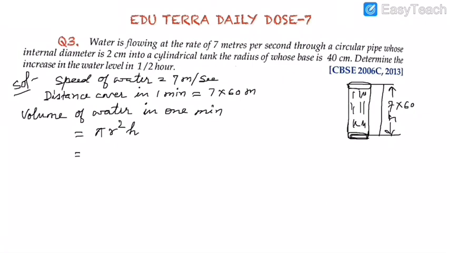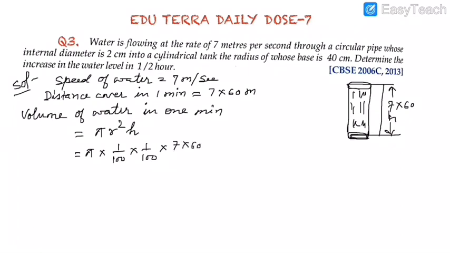So students, here don't substitute the value of pi, because when you will equate with the cylindrical tank, pi will be cancelled. Okay, try to learn these tricks. How can you solve, how can you simplify your calculation easily? So pi into r square, what is r? R is given 2 centimeter. R is 1 by 100, because diameter is given 2 centimeter.